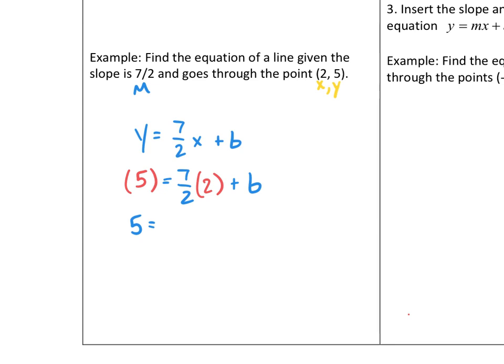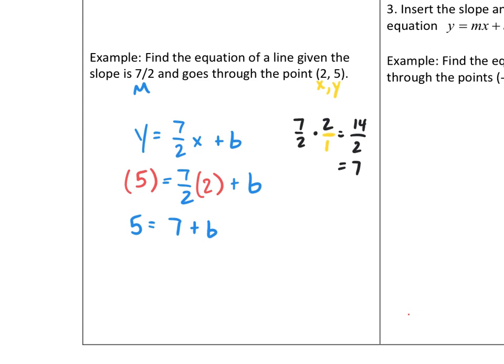Do I need to show you that math up top to show you how I got that? Okay, I'm going to show it to you. So if I had 7/2 times 2, it's really 2/1. You multiply across the top. 7 times 2 is 14. On the bottom, 2 times 1 is 2. 14 divided by 2 is 7. So that's why this would turn into a 7 plus b. Then to move it over,